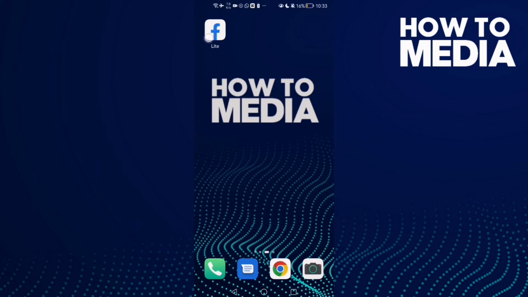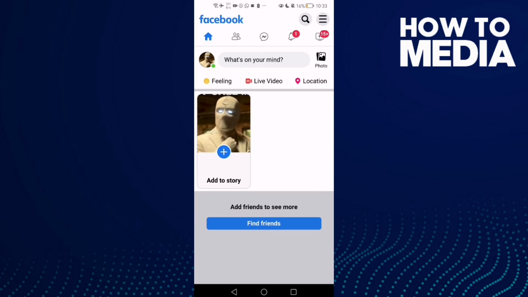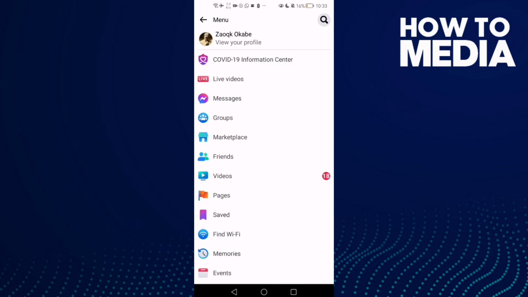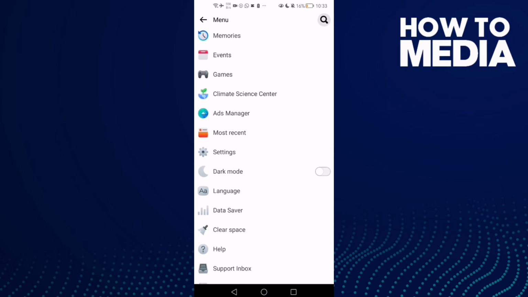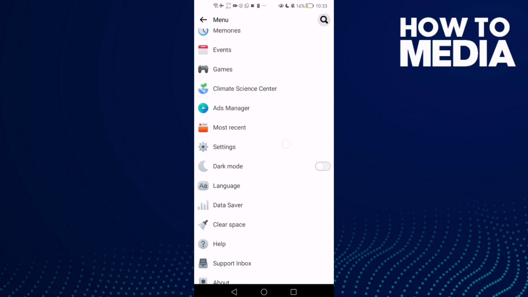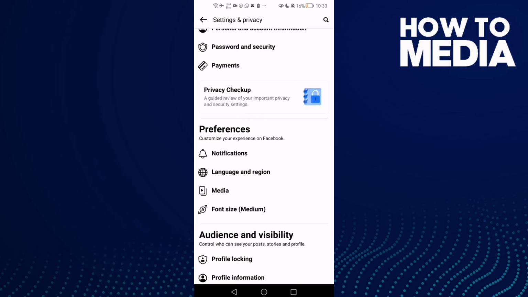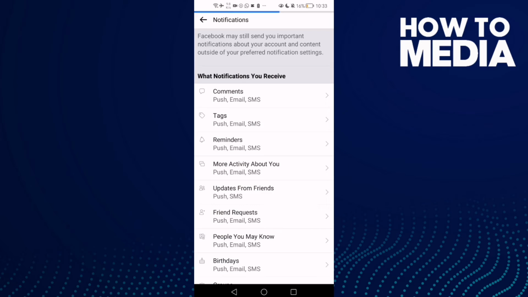First thing, go to Facebook Lite and here just click these three lines in the top corner, and after you click on it just go down. Here you will find settings and then click notifications,